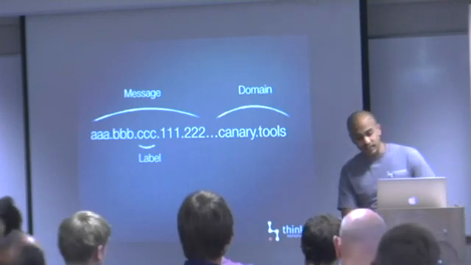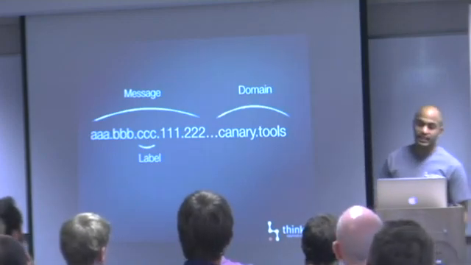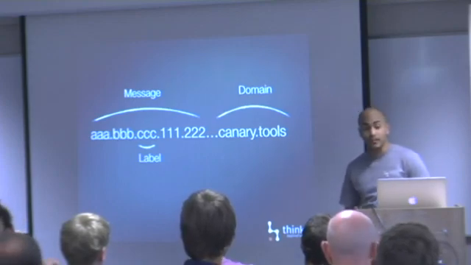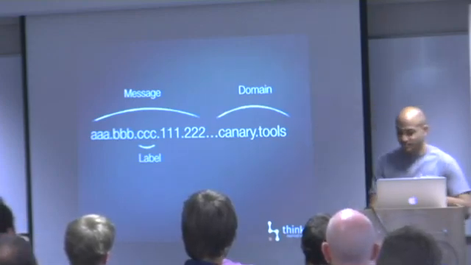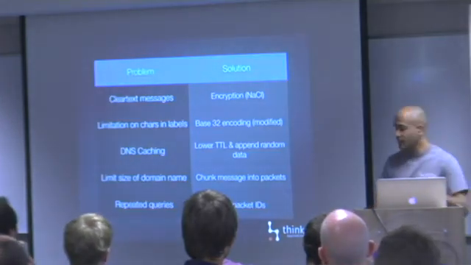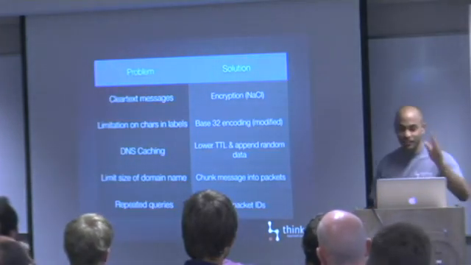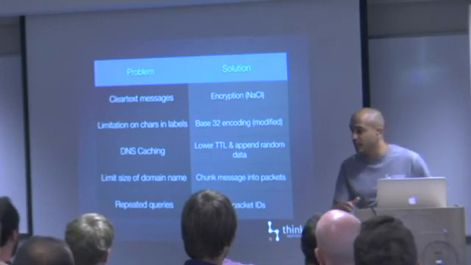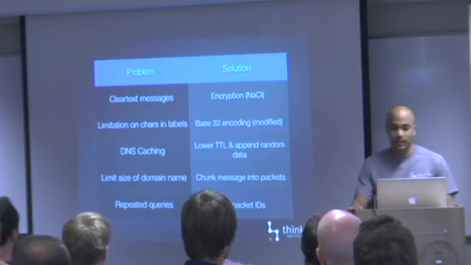But I mentioned earlier that I was glossing over a whole lot of details, and the most important one is the fact that DNS is connectionless and quite unreliable. So there are a few problems to solve. I know the slide's a little bit heavy, but I'll quickly run through it to give you a sense of what it takes to finish the problem off and get it into a production state where it works out there in the real world.